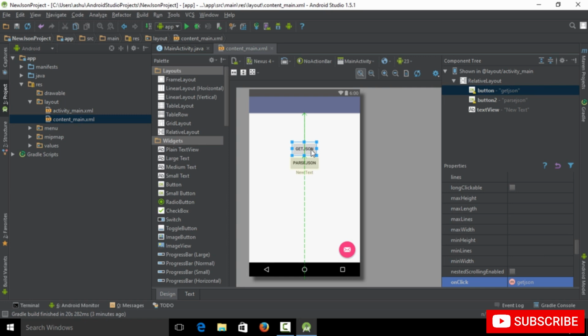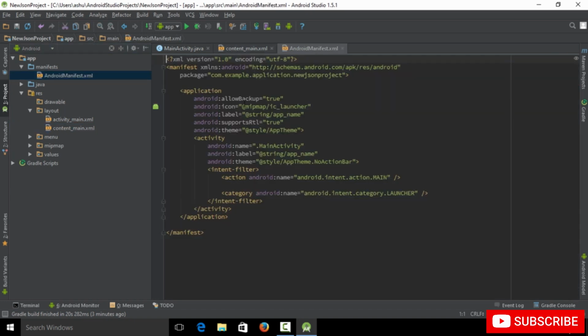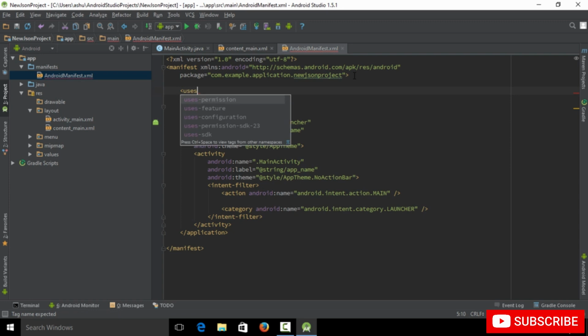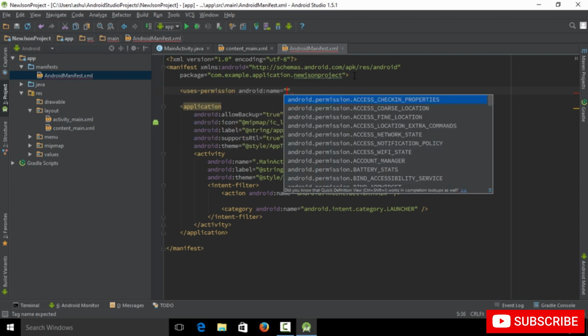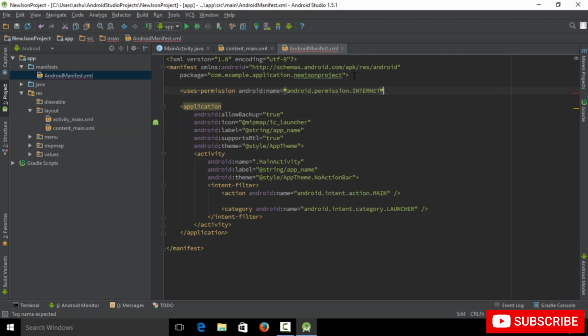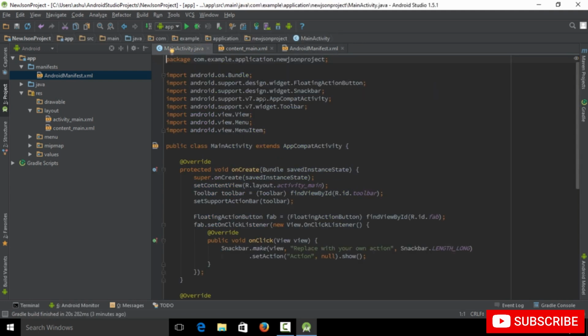So the very first thing which we do is that we define the getJSON method. Even before doing that, we go inside the manifest and set up the permission to allow this application to use internet. So we type in uses-permission, and this is going to be INTERNET. So we simply set up the internet permission so that our application will actually be able to access